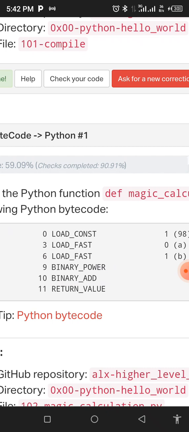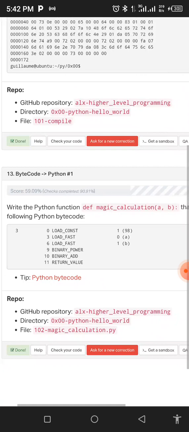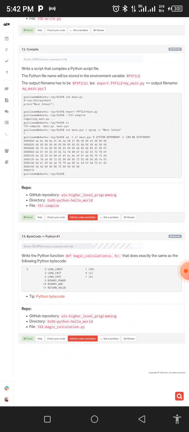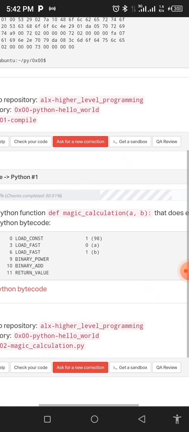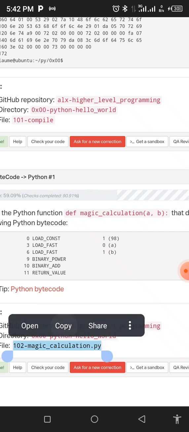So without wasting much time, we are going to walk through some stuff and see what we got. Okay, so let's get started. We are creating a file called 10-magic_calculation.py. I'm just going to copy that because that's one of the files we are going to be creating,